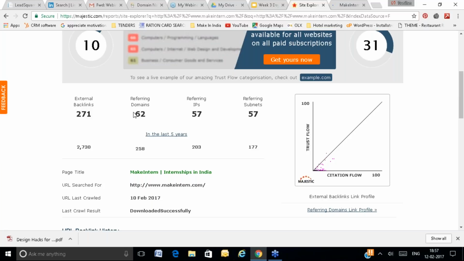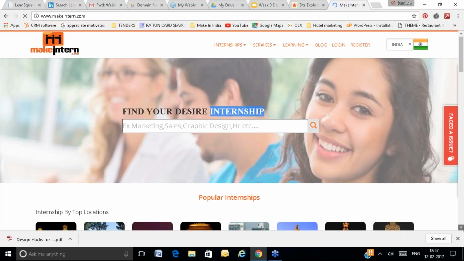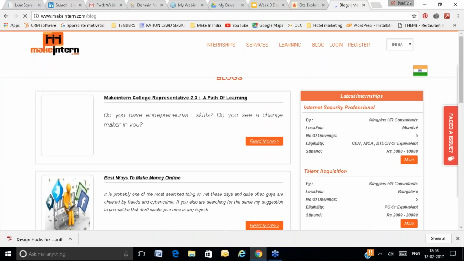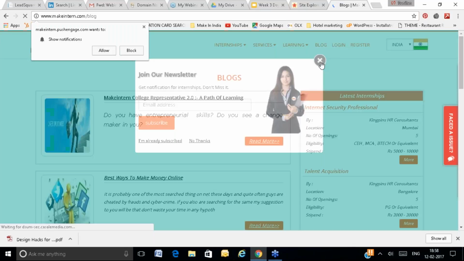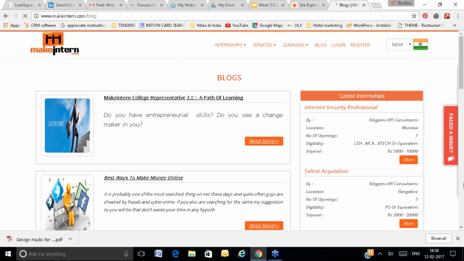And referring domains: the total number of links received is 271, but the unique domains are only 62. Let's suppose someone is giving you a link from the common area like the header, footer or right navigation. In that case, you are getting a backlink from all of their pages. Let's suppose this is one of the pages, and someone is giving you a link from this place.